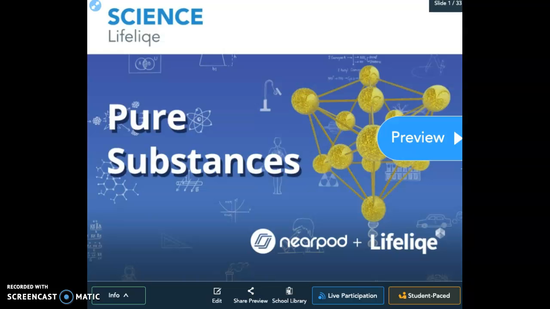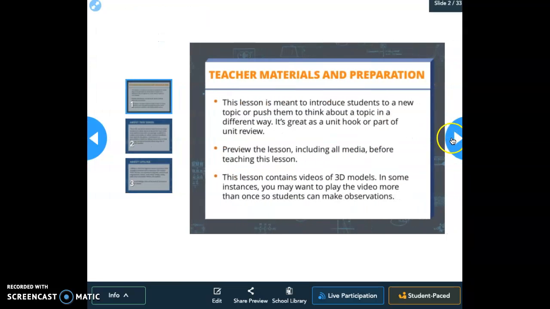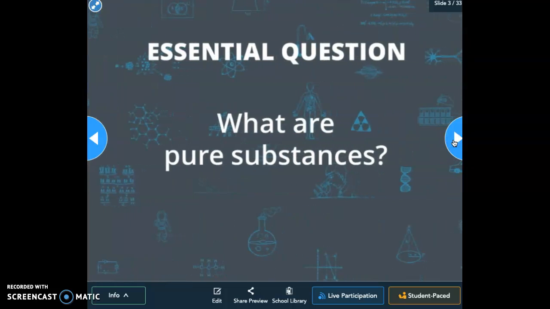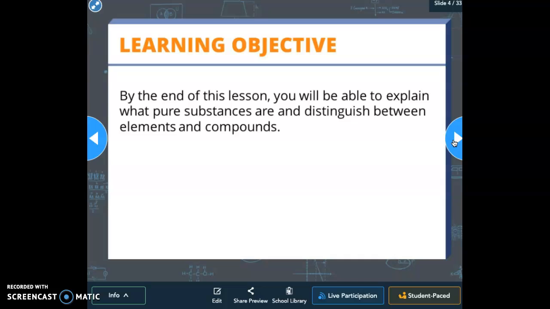In order to better understand pure substances, we are going to go over this lesson in Nearpod, and it discusses different substances. What are pure substances? By the end of this lesson, you will be able to explain what pure substances are and distinguish between elements